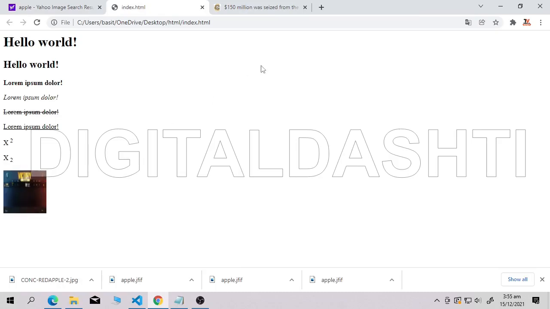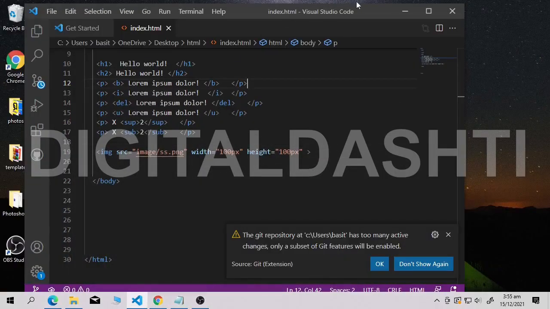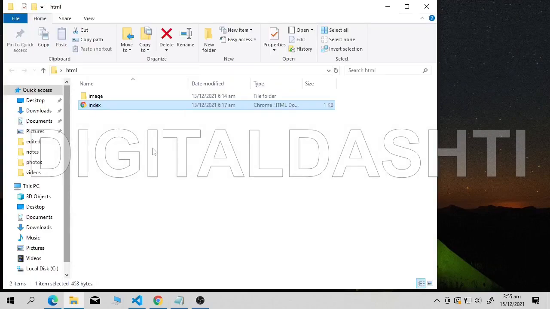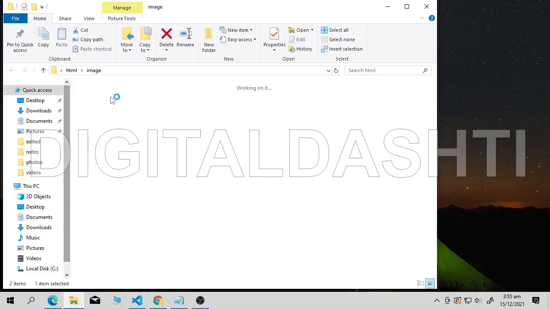This is our code. This is the image, and this is where we kept the image in our website folder. Fine, let me show you the folder. So this is our folder. I named it HTML in our first video, if you remember. So here I created a folder with the name of image. Inside this folder I kept my image, fine. Now what if I move this image from the image folder, fine. Now I will cut it from here. I will move this image from the image folder to our root folder. What is our root folder? I will tell you right now.